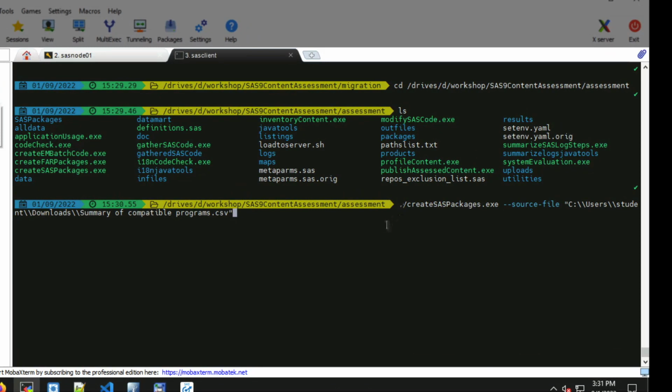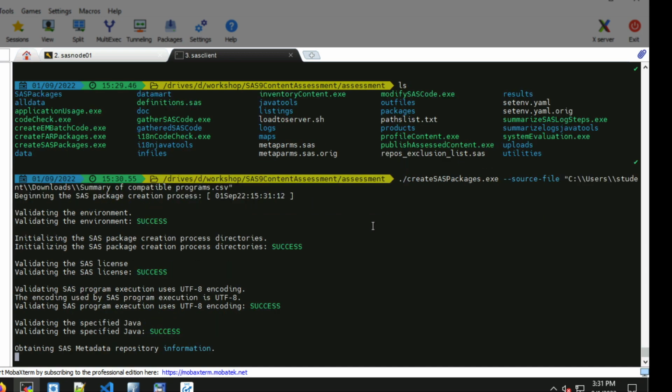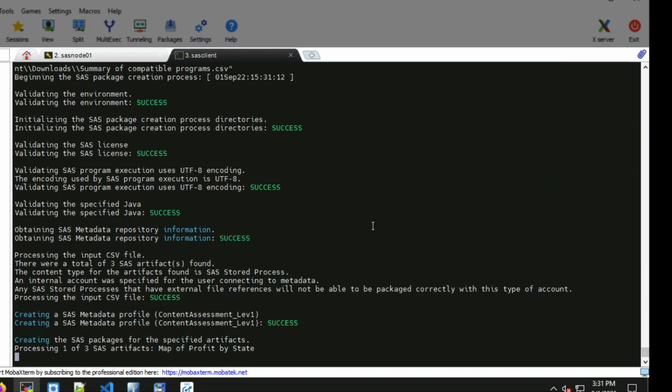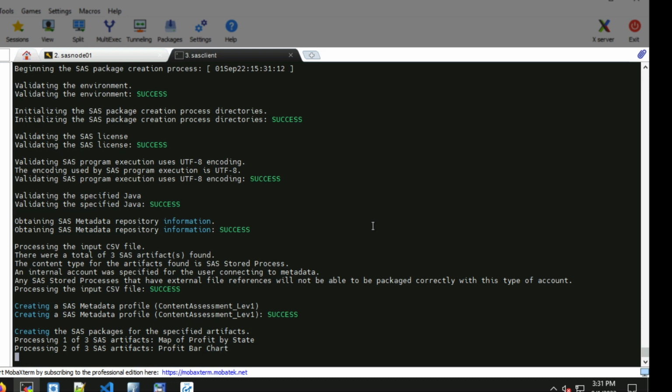So from a command line, we run create SAS packages. We point at the source file, the CSV file we downloaded, and you can see as it runs through the process, it loops through the stored processes in the CSV file, and it exports those stored processes.